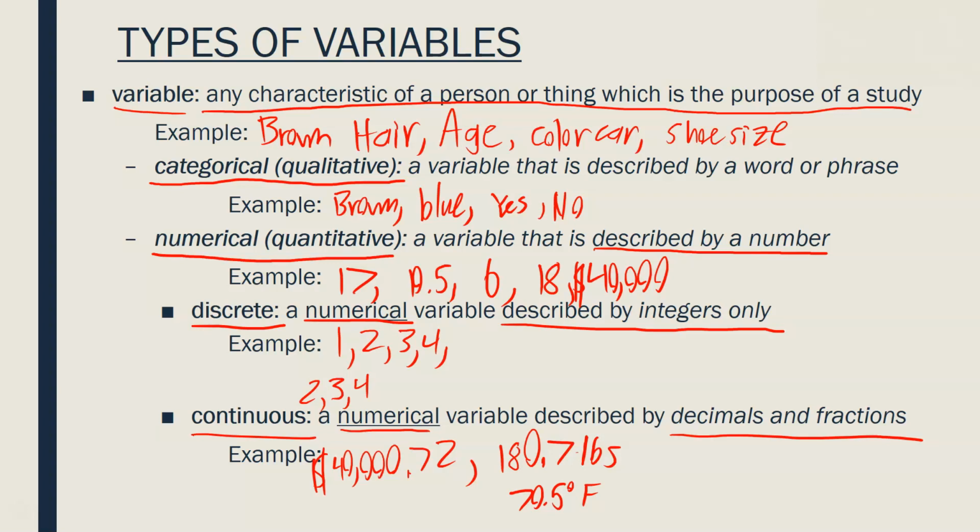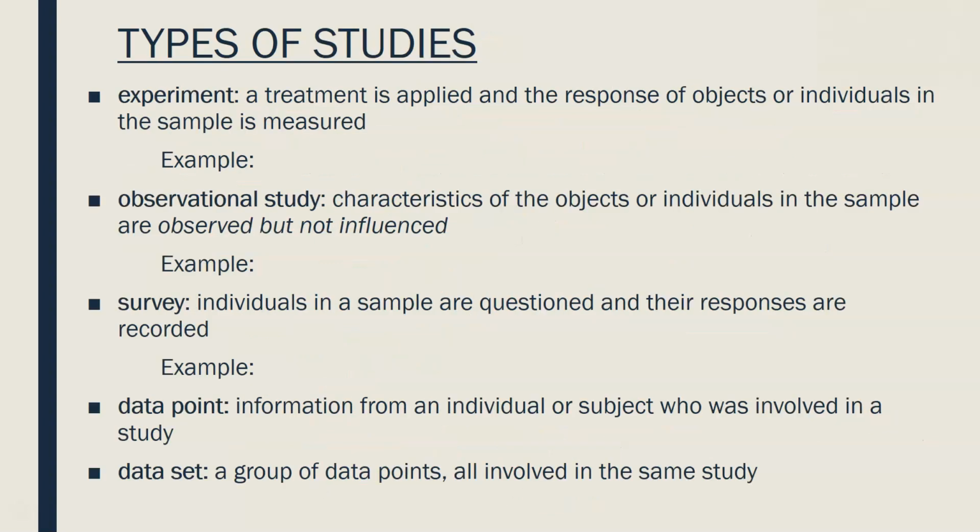So those are different kinds of variables, different kinds of characteristics that we're concerned with of persons or things in a study. Okay, speaking of studies, now that we've talked about different kinds of variables, let's talk about some different kinds of studies. So there are 3 different types of studies we're going to talk about. These aren't the only types of studies you can engage in, but these are the ones we're going to focus on.